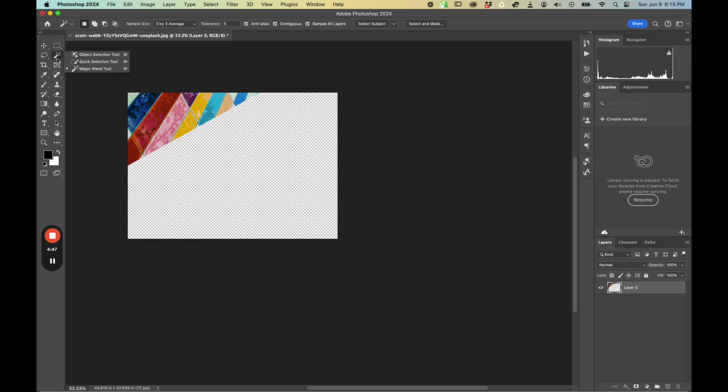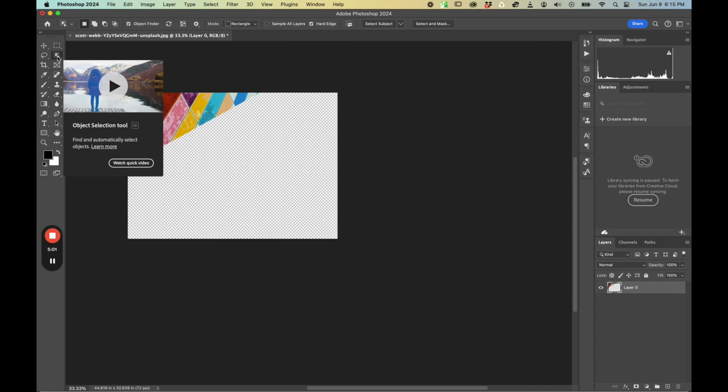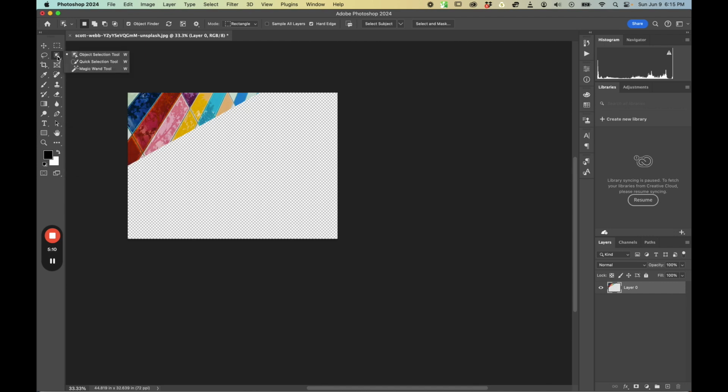However, most likely you will have the Object Selection tool if you've got the latest version of Photoshop, and I accidentally pressed the Object Selection tool, so it's going to be thinking for a second. There we go. If you see this, you can see the Object Selection tool pops up when I mouse over it, and you can see that the W key is next to it, so that's the shortcut key. But I can click and hold that. And if I click and hold the Object Selection tool, you'll see the submenu here. I can get the Magic Wand tool. So you're going to go ahead and click on the Magic Wand tool,